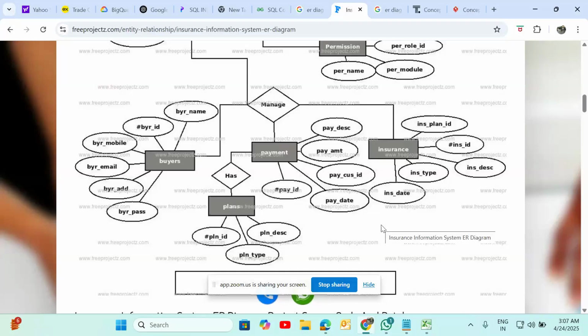Same payment, right? Same insurance, right? Same tables, right? Generally, what will happen? In the ER diagram, buyers has the geography information, time information, everything is there. But again, payments also has geography information. Payment is a separate table, or the same tables also have the information, right? Insurance also has the same, and at the same time different data is repeated. It will happen.